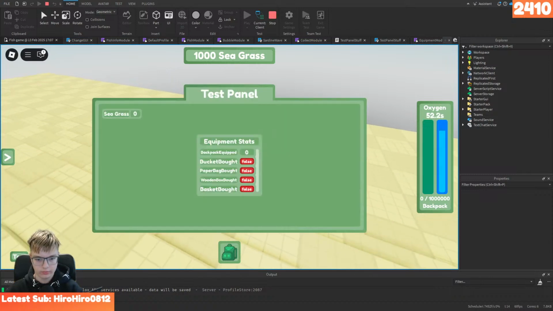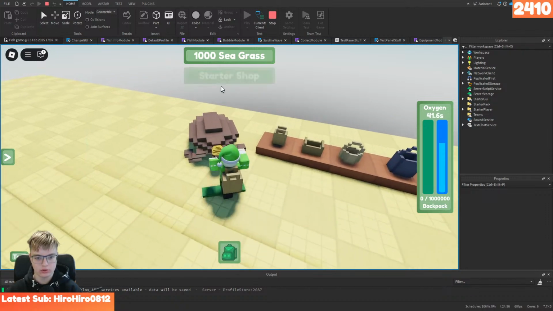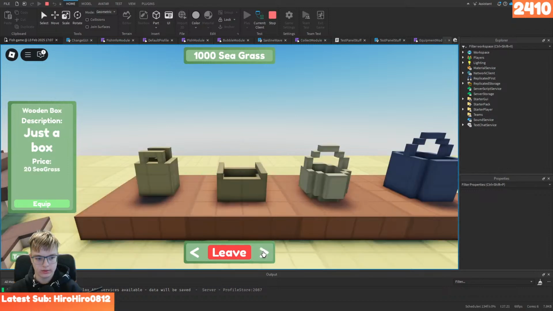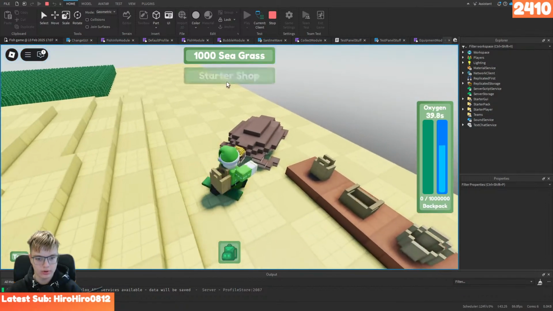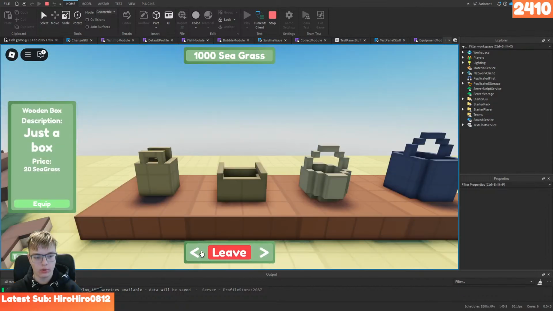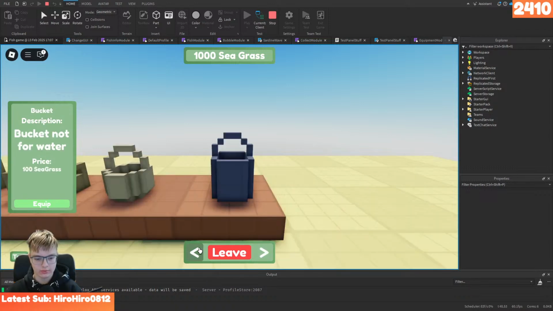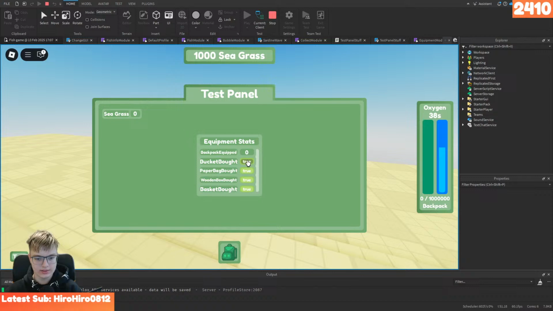Then if I, let's say, do paper bag bot should be true. Ignore that. We're gonna fix that. So wooden box bot, I set it to true. So here for wooden box it says equipped now. If I of course change it here, if I make them all true, right now it says buy, but I would have to leave the shop and enter, but I just don't want to bother with doing that, since even if it does say buy,